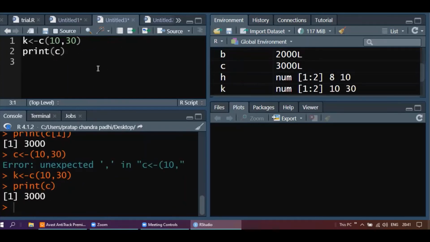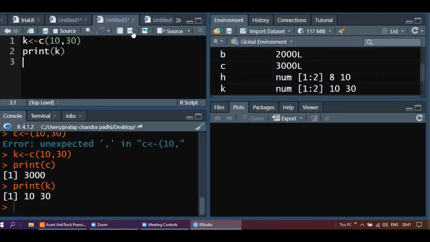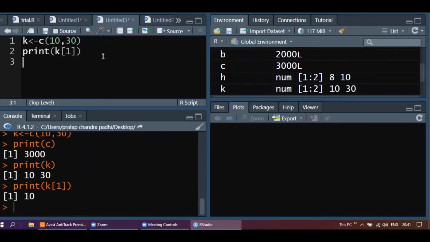$3,000 it's showing. Oh, print K. 1030, right? Yes, sir. So you can print this also, K1. These things already you use, right? Yes, sir. Now, can you print a combination of, suppose, hi, hello, whatever you've written, and a variable